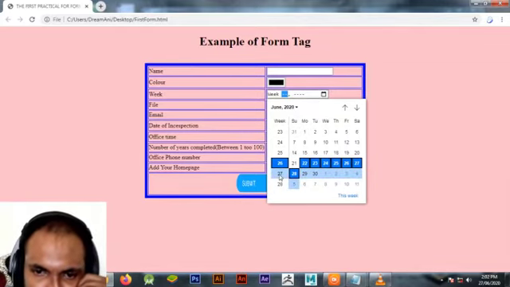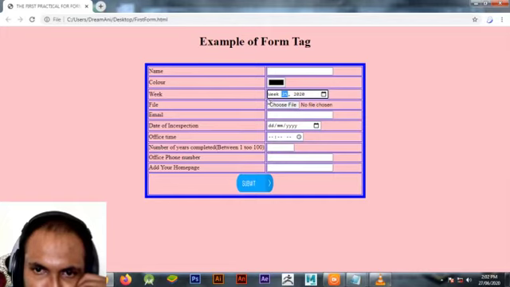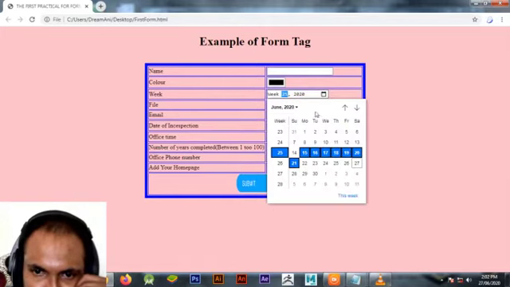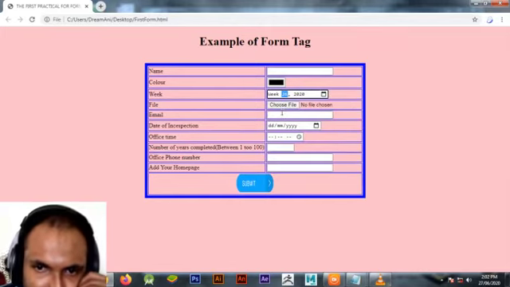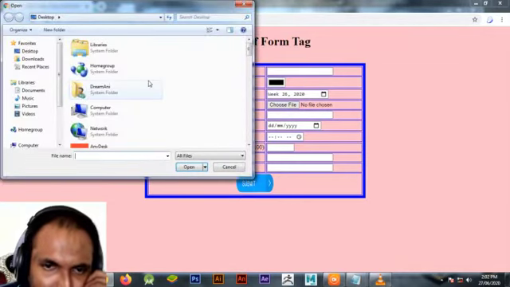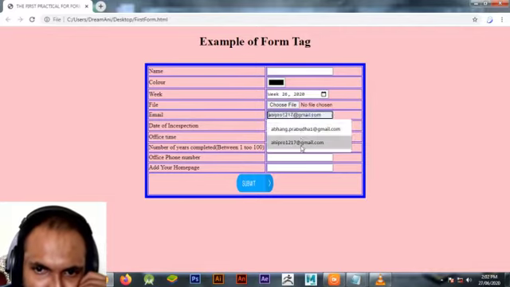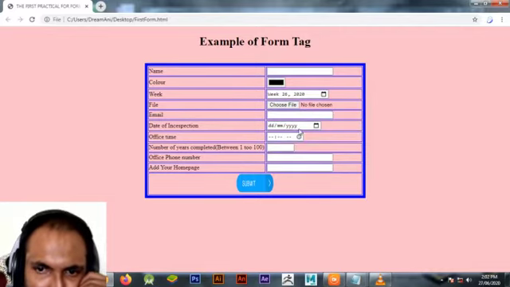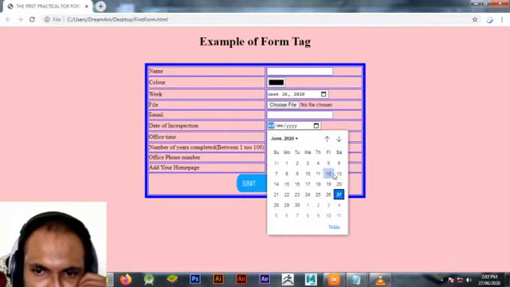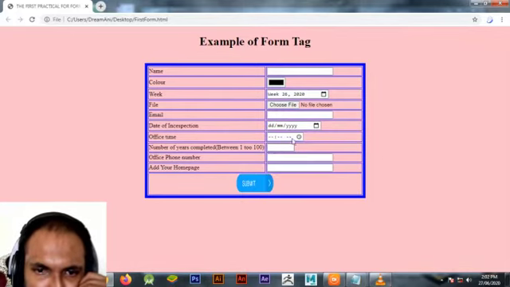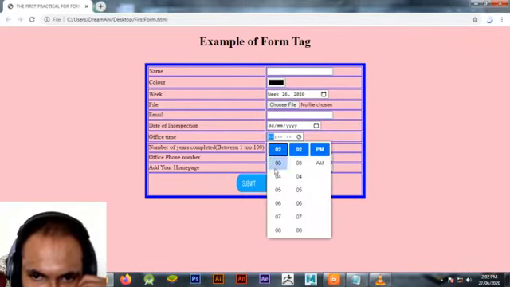Suppose I have to select week number 25, then it will select like this. We can give email here, the examples over here. We can choose the date here, and time, you can select time here. It looks like this.